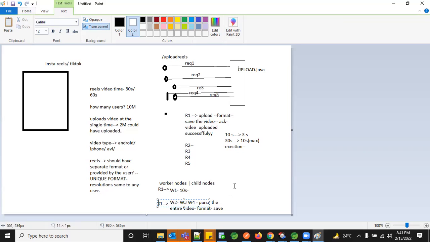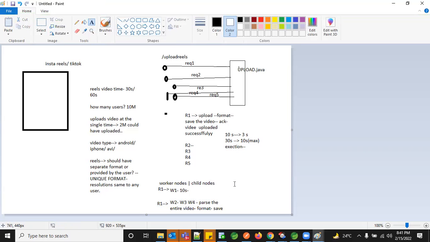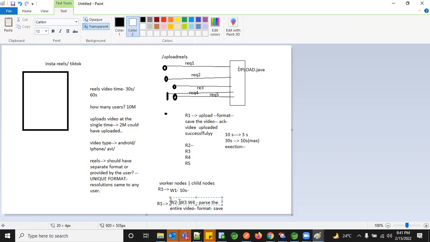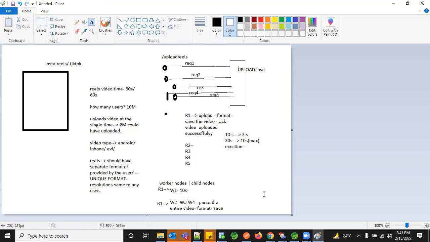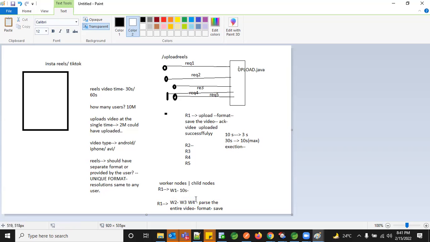So these 3 threads will come, split the data. The entire video of 30 seconds is split into 3 parts, and each part is given to each thread to convert and format. And once we parse it, we need to reunite the data, right? Once you format it, you have 3 chunks of data now. So worker 2, worker 3, worker 4 each have a 10 seconds video. Now you have to combine the formatted parts so that only then you save the video together in one place. So this all has to have some kind of connection to know that this is a request given by R2 and not some other video.